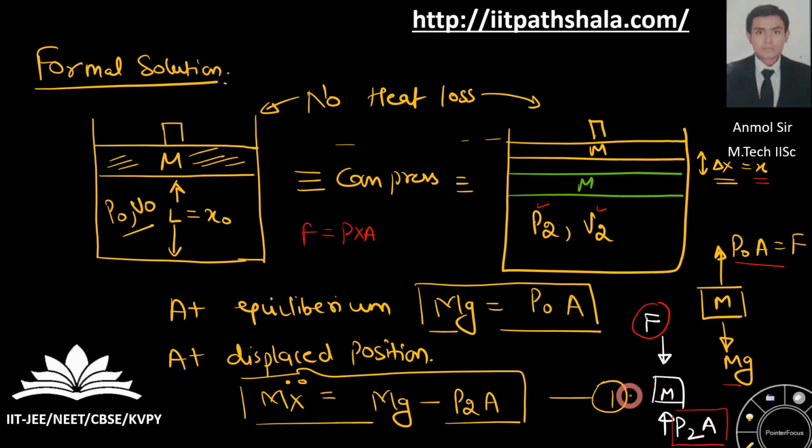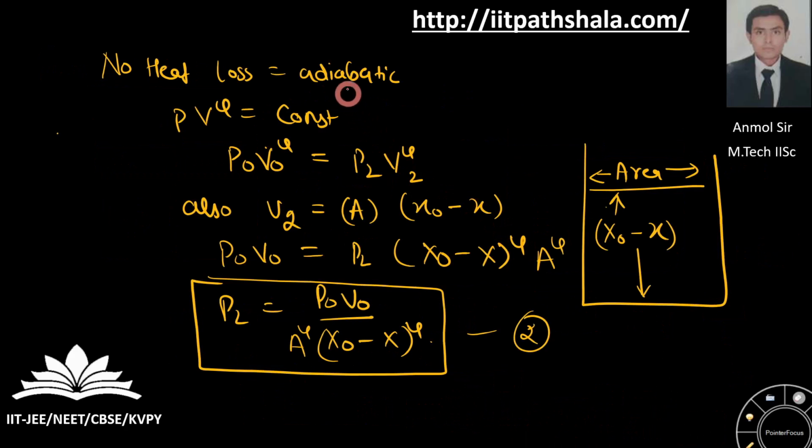And now you have to write Newton's equation for this case also. So what I am writing here is the F I am applying, plus mg, the weight of this block or this piston, minus P2 A. Moving forward, because I do not know the value of P2, I will replace the value of P2 with my known P0 and V0. To do this, I have to employ the adiabatic equation itself. It says that PV raised to the power gamma is equal to a constant.